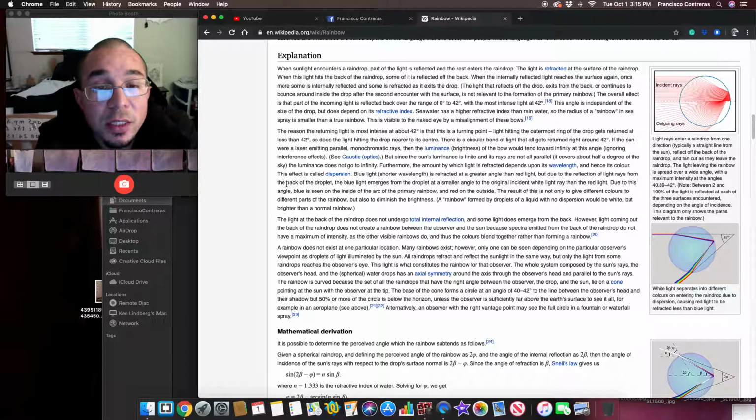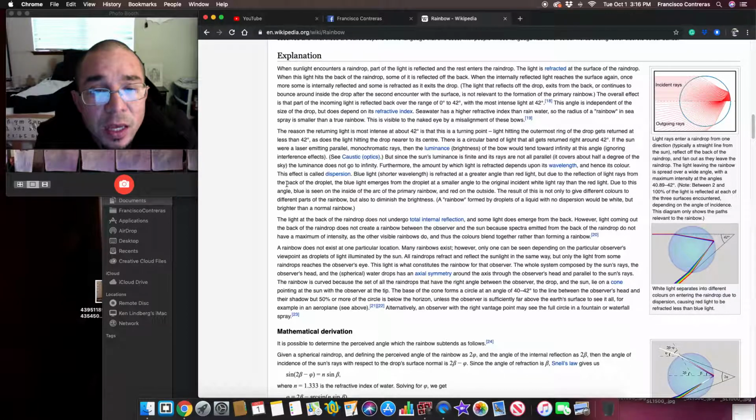The light that reflects off the drop, exits from the back, or continues to bounce around inside of the drop after the second encounter with the surface is not relevant to the formation of the primary rainbow. The overall effect is that part of the incoming light is reflected back over the range of 0 to 42 degrees, with the most intense light at 42 degrees. This angle is independent of the size of the drop, but does depend on its